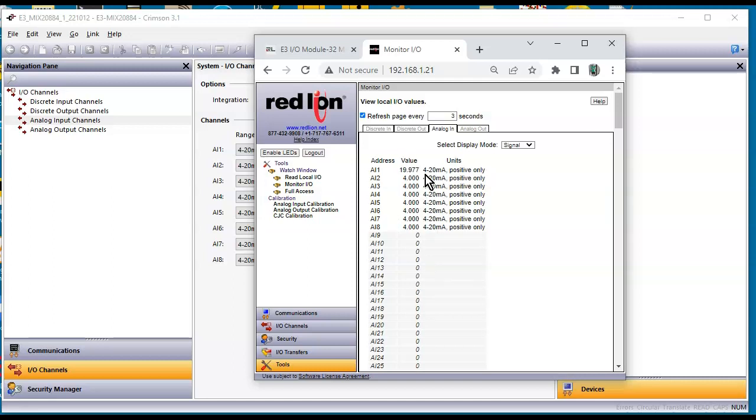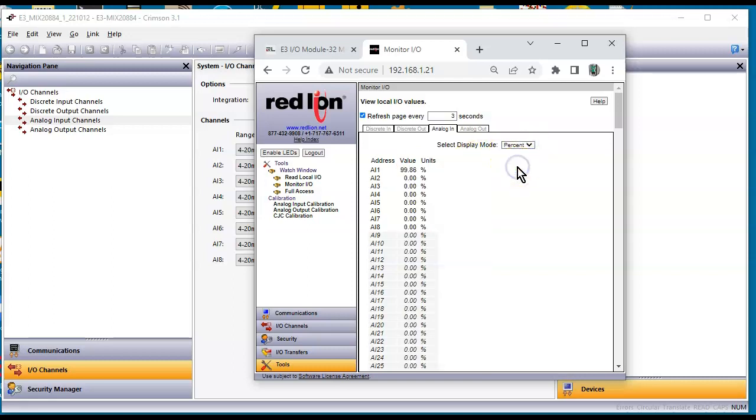So I'm at 20 milliamps on my signal generator, and this is showing 19.77 there. What about this percent? Let's see what this says. Now this is interesting. It's a percentage, that's at 99%, and I bet you, team, if I go all the way down to 4,